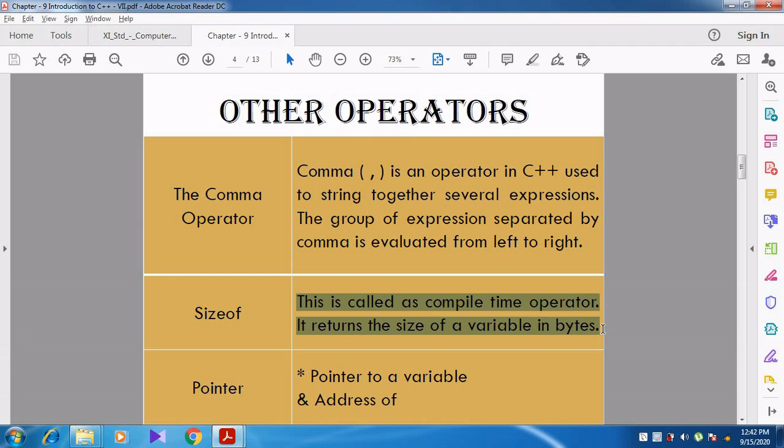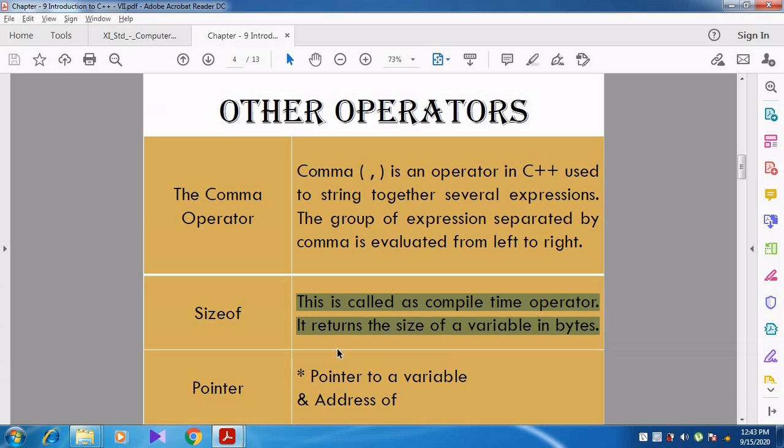We will discuss data types in upcoming videos. It is used to return the size of the variable in bytes, in the sense of 2 bytes, 4 bytes, 8 bytes like that. The name itself gives you the answer: it returns the size in terms of bytes.